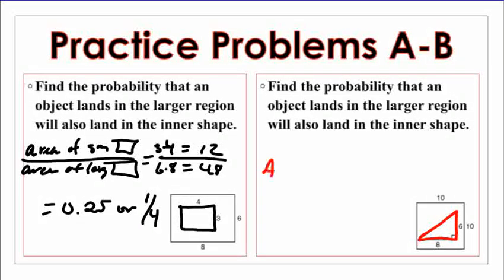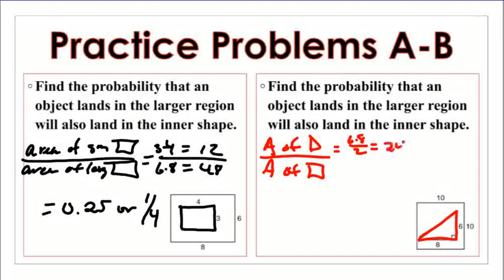So area of square, and then area of triangle. So the area of the triangle, we have 6 times 8 divided by 2. So 48 divided by 2 is 24. And then the area of the square is 10 times 10, which is 100. So we got 24 divided by 100